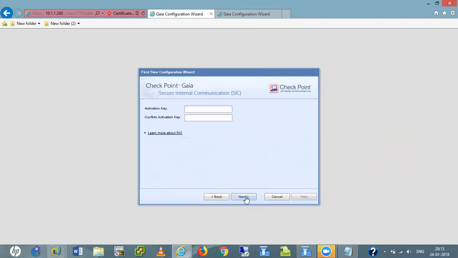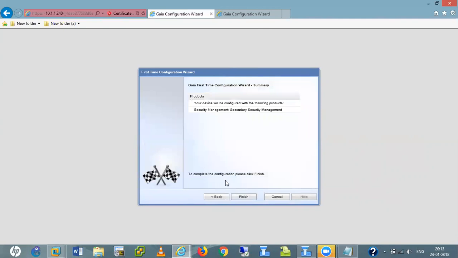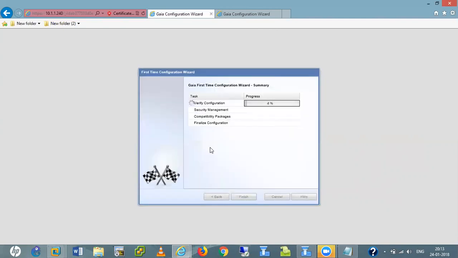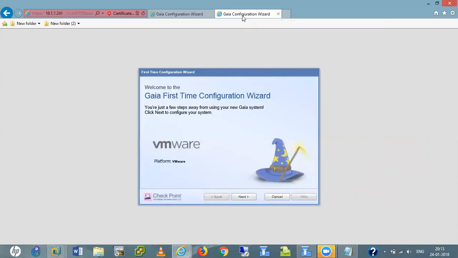Next, here I set the activation key ASDFGH. Next, finish.